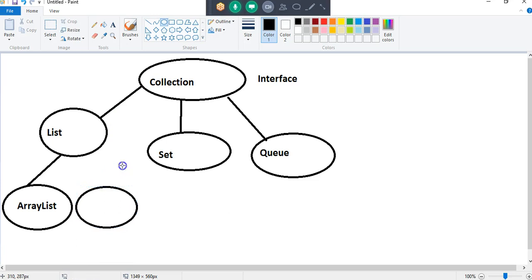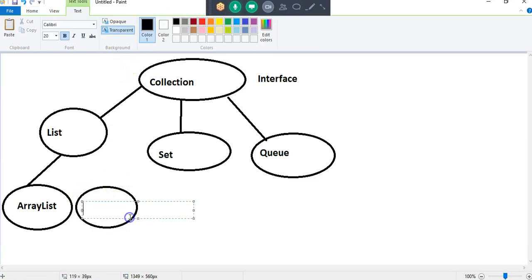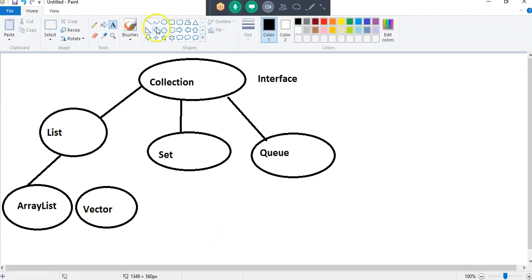We have another class, the Vector. As I already told you, Vector was a legacy class and it's been re-engineered and used in the collection framework. Here again I am writing a few more things,